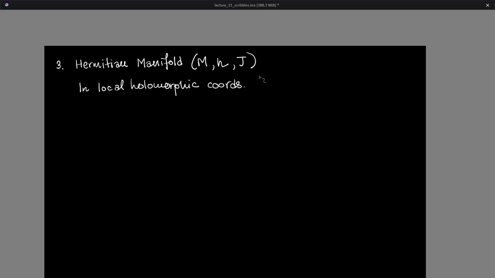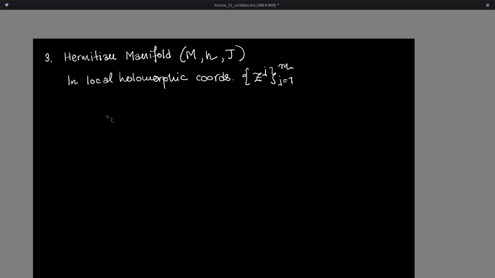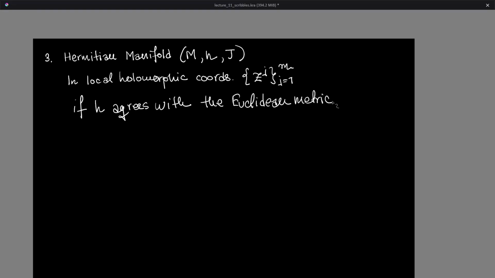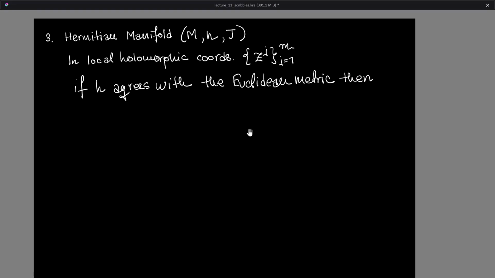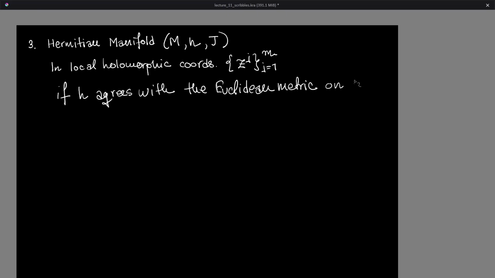Let's call them z_j, where j is equal to 1 to m. If h agrees with the Euclidean metric on C^m to the first order, and I'm going to explain what I mean by this in a little bit,